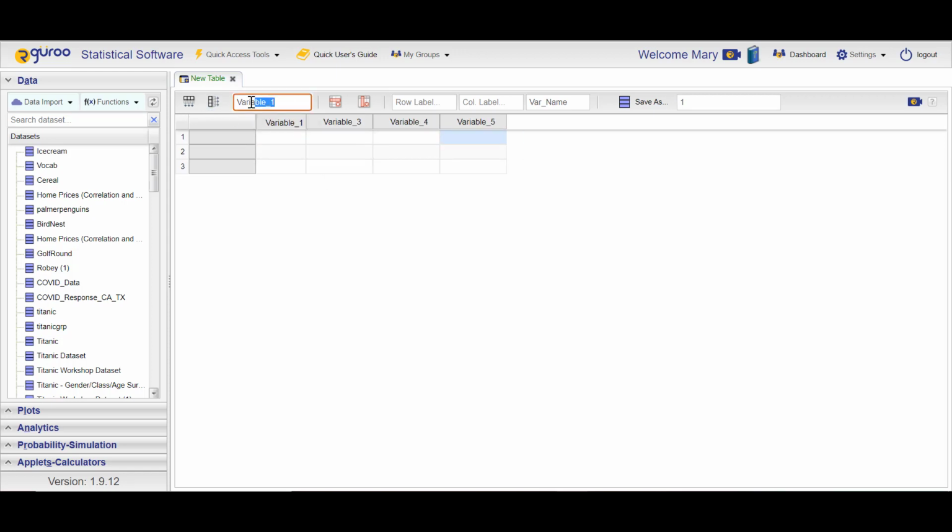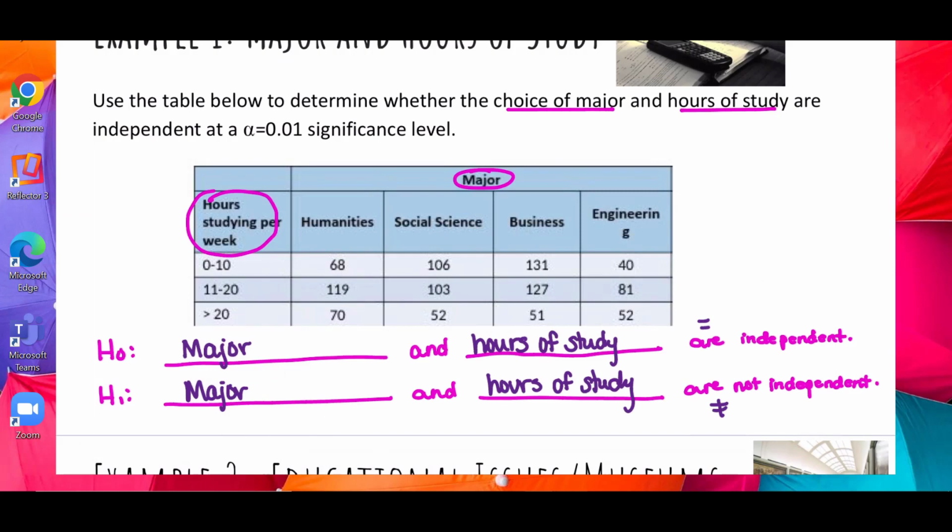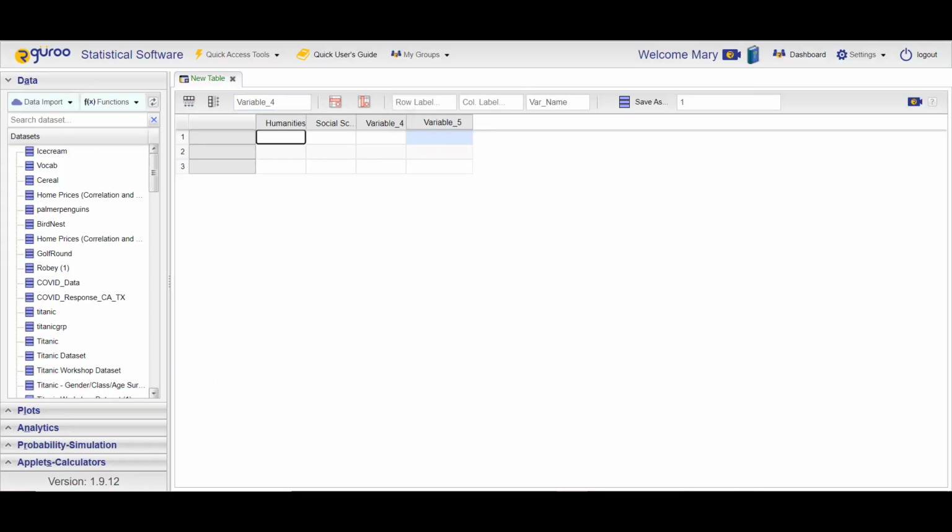So for variable 1, you change the name of the columns here. Variable 1 was humanities, and then the next column, mine says variable 3, but don't worry about that because we're changing it. The next one was social science. Just to show you, I'm copying it from here. The next one is business and then engineering. So just double click it and then click up here and then type it in, business. Double click the last variable, engineering,